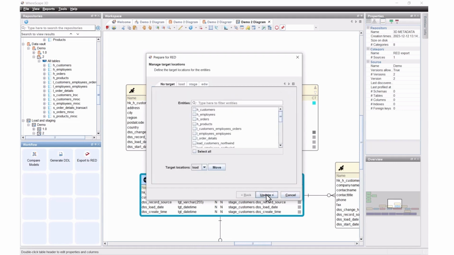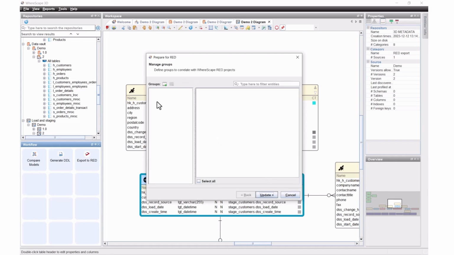I've got several schemas here I've already defined in my data warehouse: load, stage and EDW. I could have rules that say where these things are going to move to, but I haven't set those rules up yet. But that's another example of how I can use automation. The rule of thumb is that if I'm doing anything manually more than 2 or 3 times, I should be able to create a rule that can do that. And I can certainly create a rule that would automatically put all my load tables into a load schema, stage tables into a stage schema, and everything else into EDW.